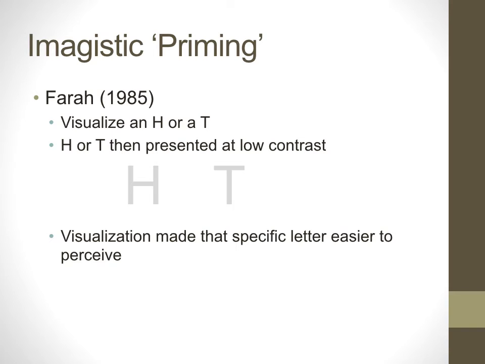So Farah in 1985 had participants visualize a form, either the letter H or the letter T. A moment later, either an H or a T was presented to them, but at a very low contrast, making it difficult to perceive and determine what it was. With this setup, perception was facilitated if participants had just been visualizing the target form, and the effect was quite specific. So visualizing an H made it easier to perceive an H, visualizing a T made it easier to perceive